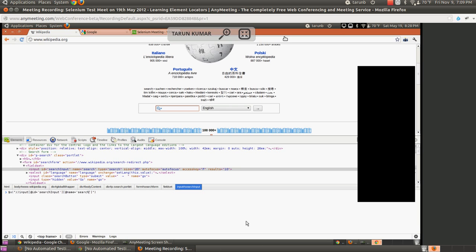Okay. Now there are situations when we see that the element ID or name is not constant, or not entirely constant. So a part would be constant, but the remaining part would keep changing. In that case, we can identify the element using the starts-with expression. Say for example,